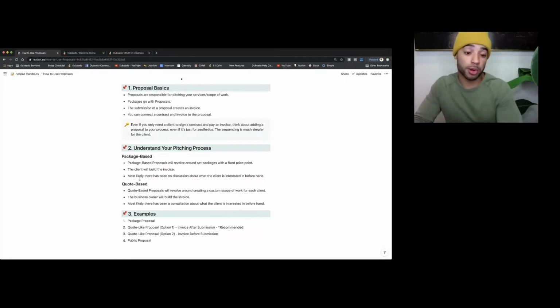A quote-based proposal will revolve around creating a custom scope of work for each client. So every time that you're working with a client, it's going to be different every single time. And we're going to get into that here in a second on how you can do quote-based proposals. And this is going to revolve more around the business owner will basically build the invoice for the client. They're going to be setting the scope of work for the client to see when they get the proposal. So that's kind of the main difference between the two, is really with a quote-based proposal, the business owner is kind of setting that scope of work and what they're planning on doing for the client